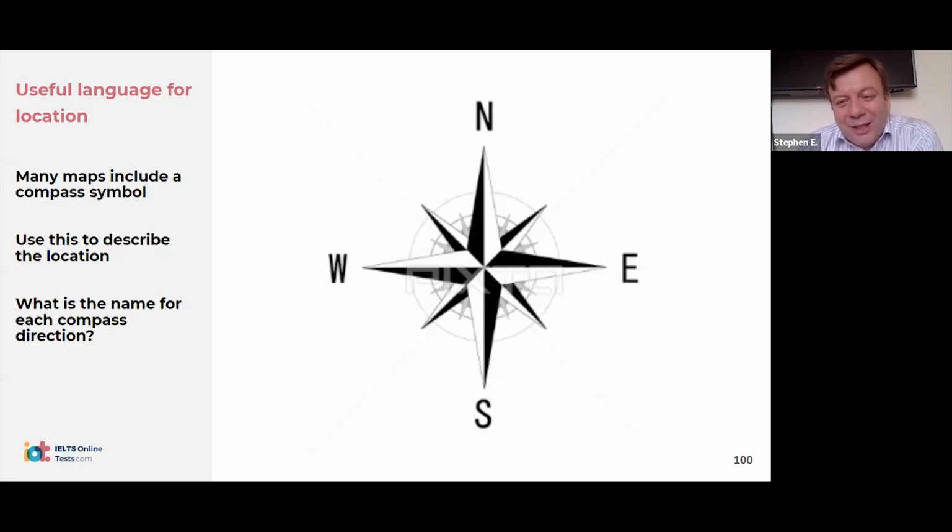Now, yeah, usually in Britain we say north, south, east, and west. Yeah, north, south, we go top to bottom, right to left. Yeah, good. Now, what about the increments in between? What about between